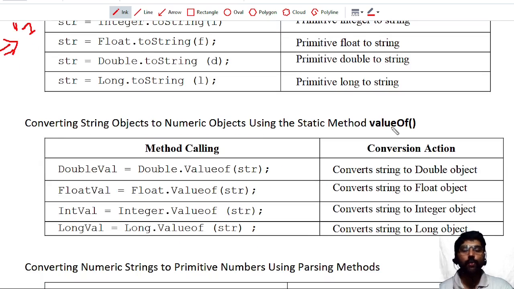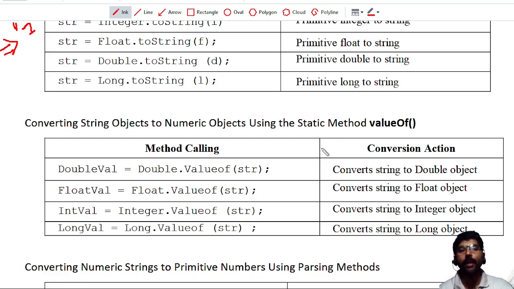The next method is called valueOf. The use of valueOf is converting the string object to numeric objects using a static method. This is a static method I have used. I have one string here, and the string I have to convert back to a numeric object.